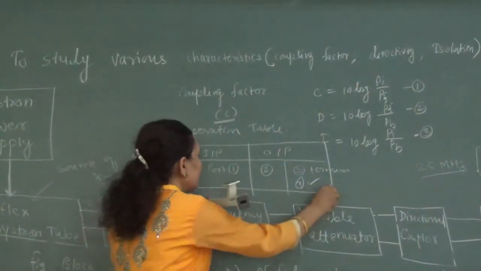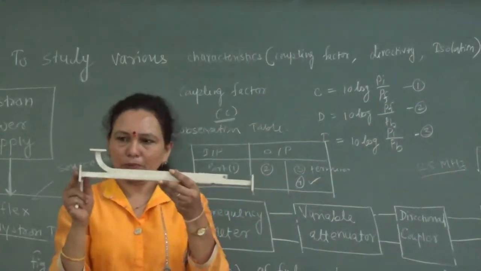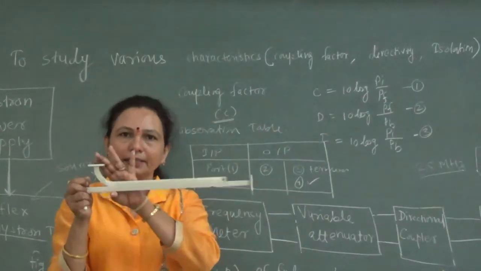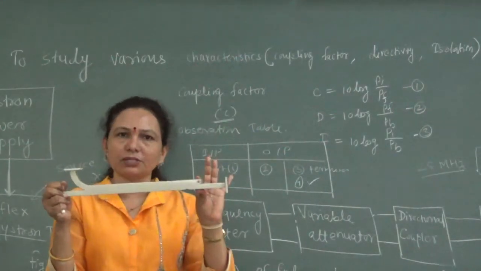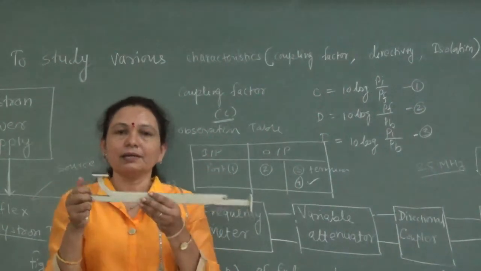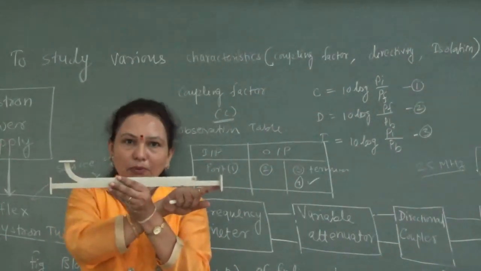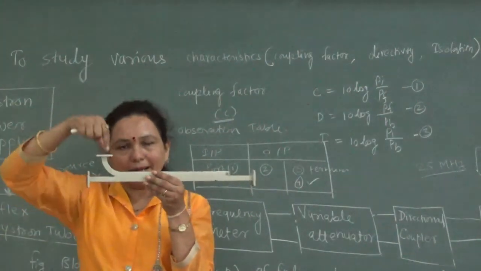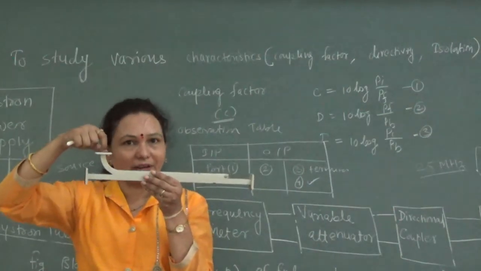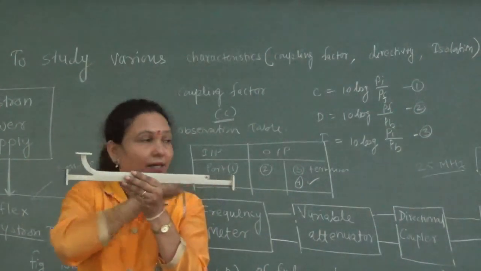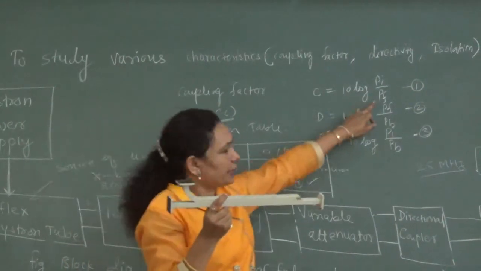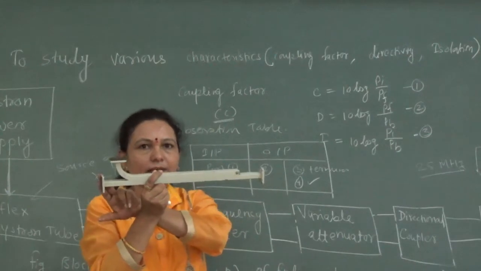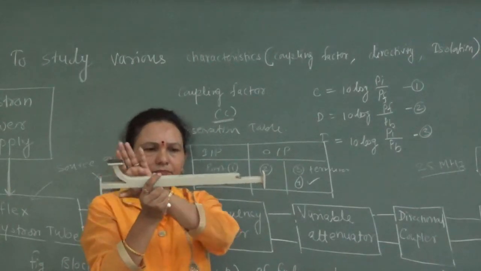Similarly, now you give the input to port 2 and measure the output at port 1, while you terminate port 4, and the next port is already terminated by the manufacturer. Now next, connect the input at port 1, terminate port 4, and measure the output at port 2. So here you are getting the coupling factor, right? You give PI and you get PF here, while this terminal is matched terminated, right?